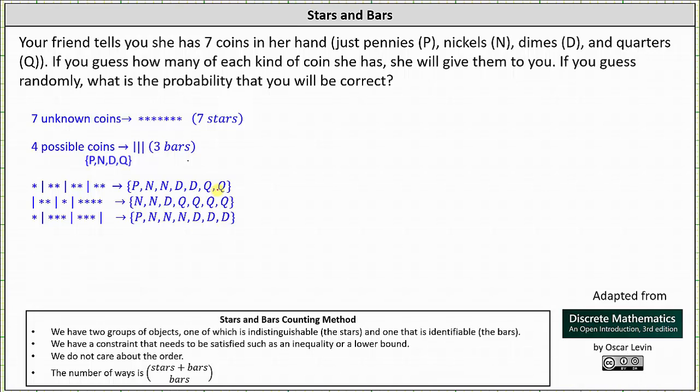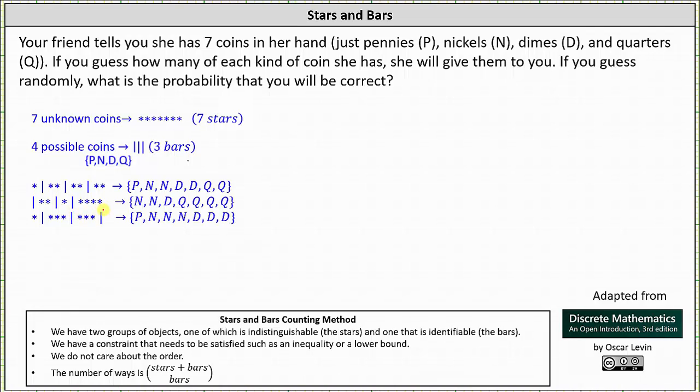The next stars and bars chart begins with a bar, which indicates we switch from pennies to nickels, and then we have 2 stars, indicating we have 2 nickels, and then we have a bar, and therefore we switch from nickels to dimes. We have 1 star, and therefore we have 1 dime. And then we have another bar, indicating we switch from dimes to quarters, and then we have 4 stars, indicating